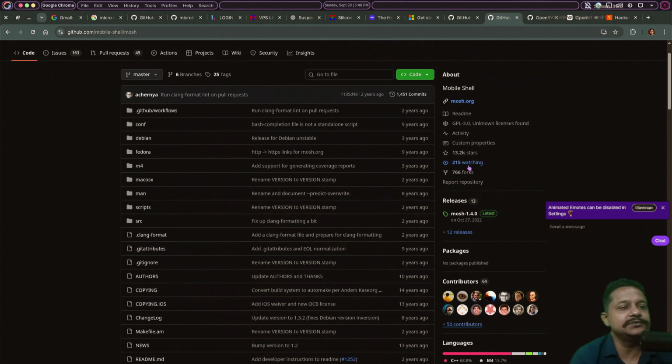This is the thing I used to use heavily. This is called Mosh. That means even if you are on a mobile network like GPRS, Edge, 3G, 4G, on those networks you eventually do not get a direct tunnel to the desired server. So at every point of time you lose connection and you have to SSH again to the desired location. This piece of software gave a lot of people like me hope that you will stay connected over your mobile phones. Previously I used other technologies, but nowadays I use Termux, which is a mobile-friendly application. I can use Termux on my mobile and connect to my remote server, and even if I roam around, the connection will not drop.